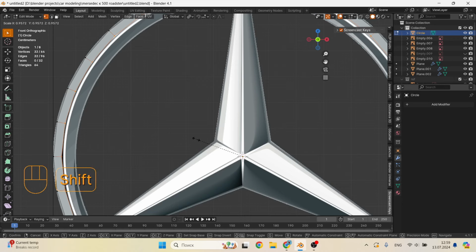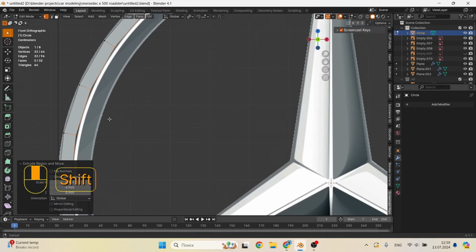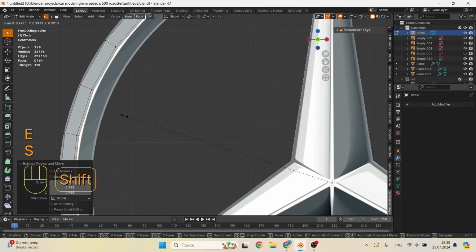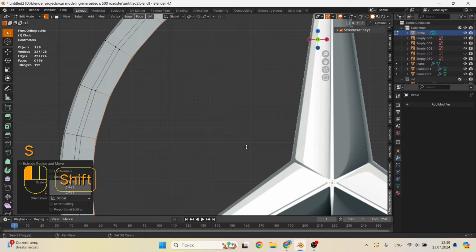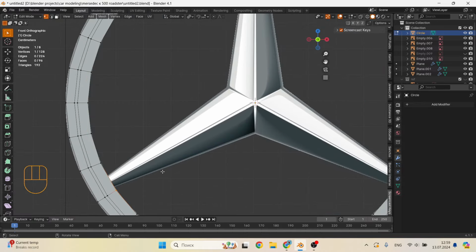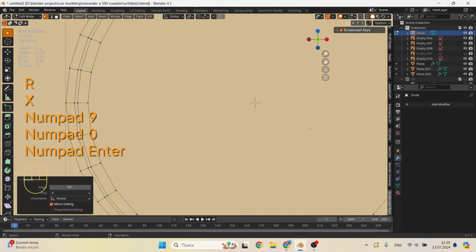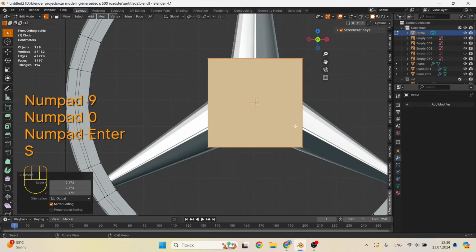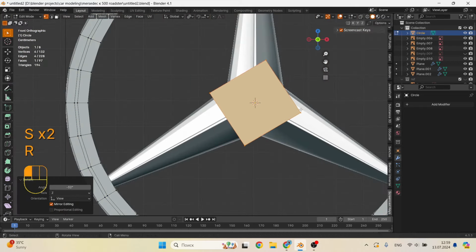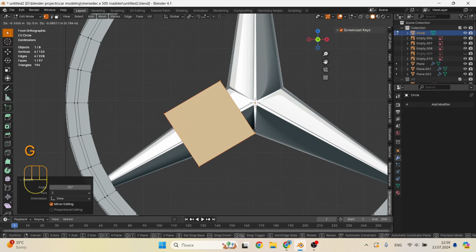So, take the reference and place it at an angle of 90 degrees. In order to make a circle, add a mesh circle and place it opposite the reference. Change the size so that the vertices coincide with the outer part of the circle. In order to extrude it inward, use the key combinations E plus S. In order to conveniently move short distances, hold down Shift.